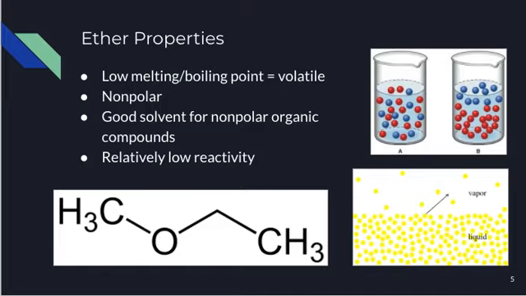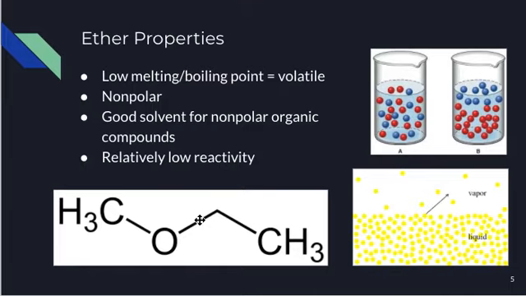And as you know, hydrogen bonds are very, very strong intermolecular forces. So when you lack those strong intermolecular forces, your IMFs are relatively pretty weak. As you can see here, there are no hydrogen bonds because none of the hydrogens are bonded to FON, fluorine, oxygen, nitrogen. The oxygen here is just single bonded to carbons, so it has pretty low IMFs, and that results in having a low melting point / boiling point